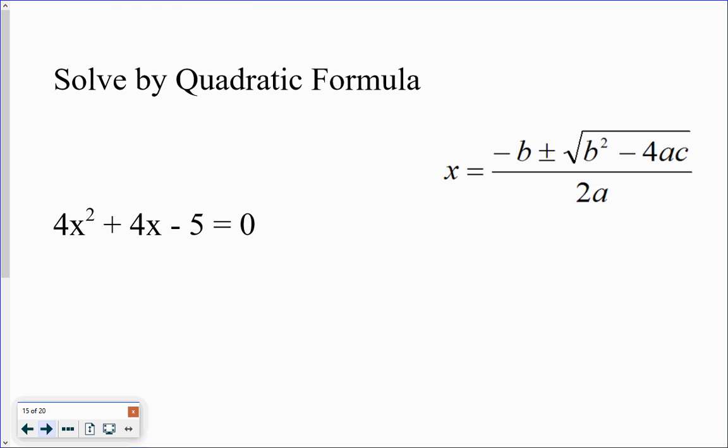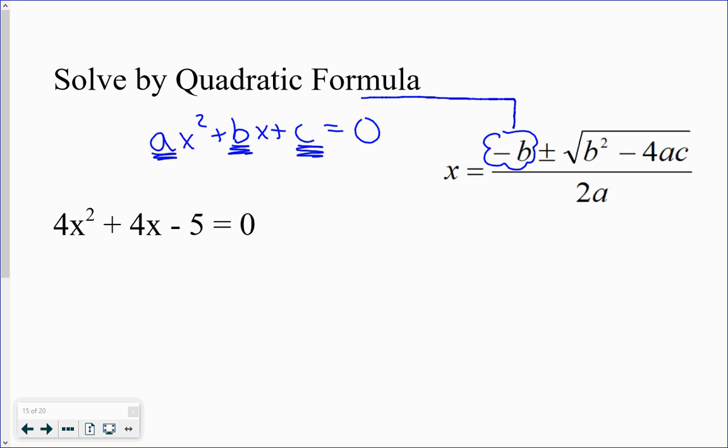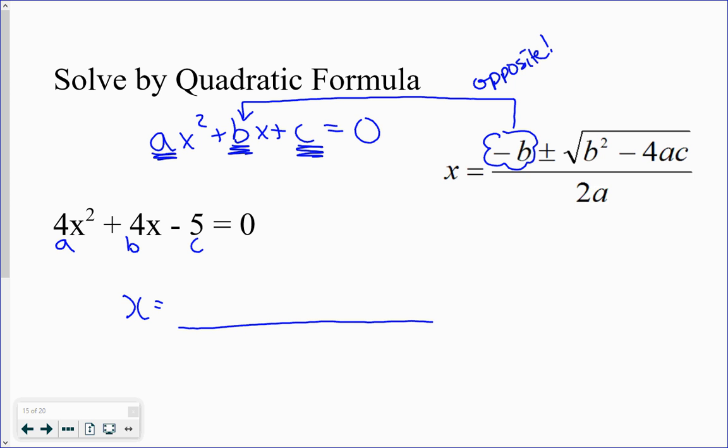The last carryover skill for algebra is solving by quadratic formula. So when we're looking at our equation, the a is the number in front of the x squared, the b is the number in front of the x, and the c is the number by itself. Now, you'll notice in the formula that it starts off with negative b. All that means is you're just going to put in the opposite to whatever's in the equation. Okay? So A, B, C. I always get in the habit of writing A, B, C underneath each of my numbers,